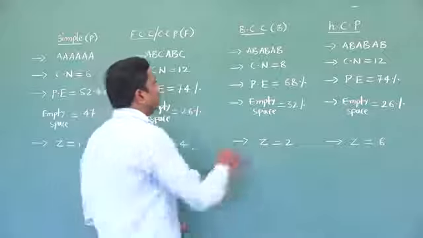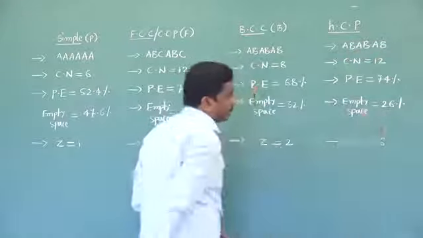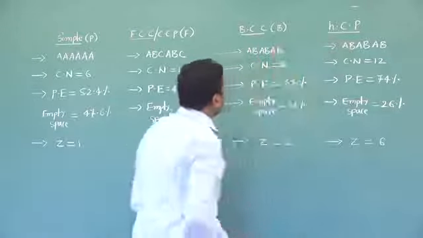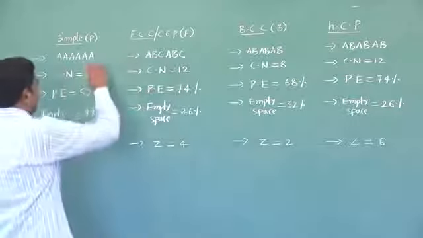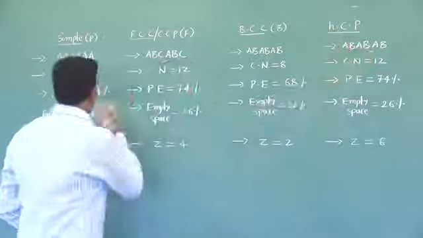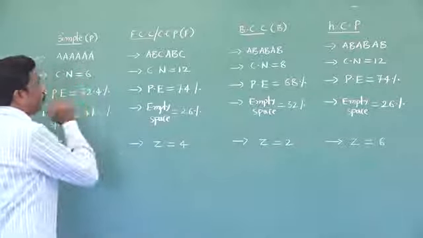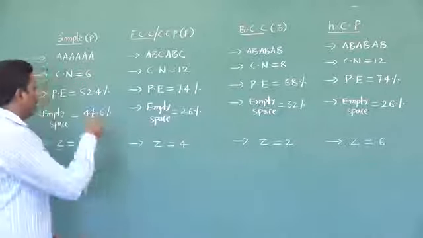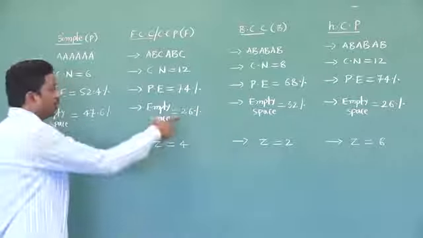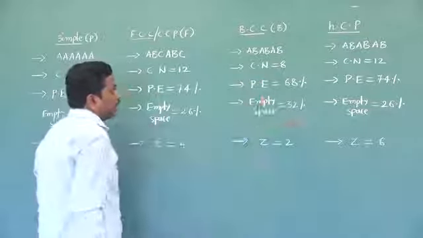And remember students, the AB pattern in BCC is different from the AB pattern in HCP. These are quite different, so do not consider them the same. Next, coordination number: simple 6, FCC 12, BCC 8, HCP 12. Packing efficiencies we already calculated, that is a very important derivation. In simple, 52.4% is occupied by spheres, remaining space is empty. FCC 74% is occupied by spheres, remaining is empty. BCC 68% is occupied by spheres, remaining is empty.